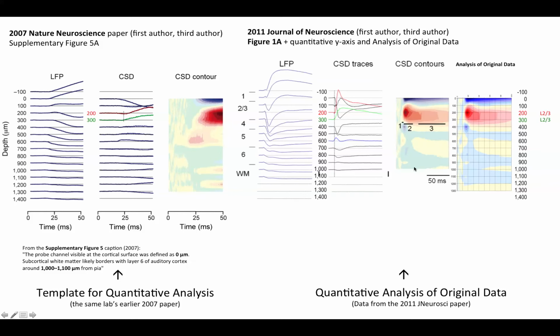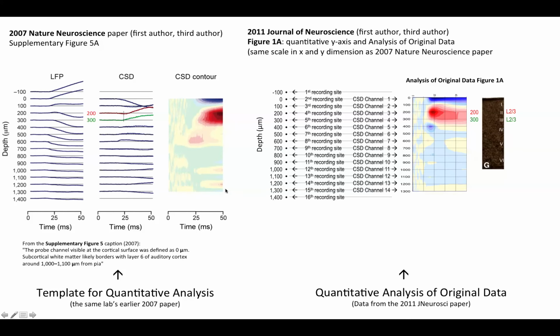So in this figure, notice that they do have a scale bar for the x-axis. So this is 50 milliseconds. So left to right in this entire color plot is 100 milliseconds. But if you look here, the x-axis is 0 to 50 milliseconds. So what I do on the next slide is I analyze this original data, but I bring the scale bar into alignment with this. And that's what you see right here.